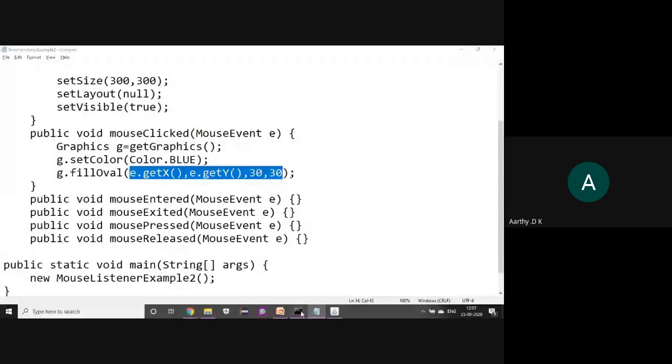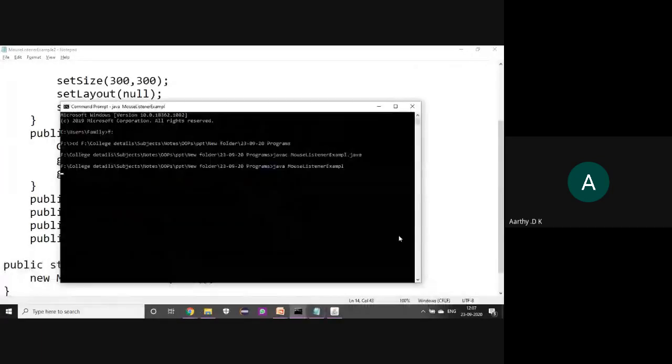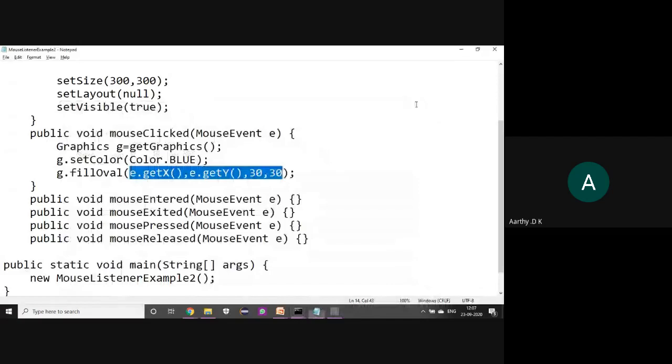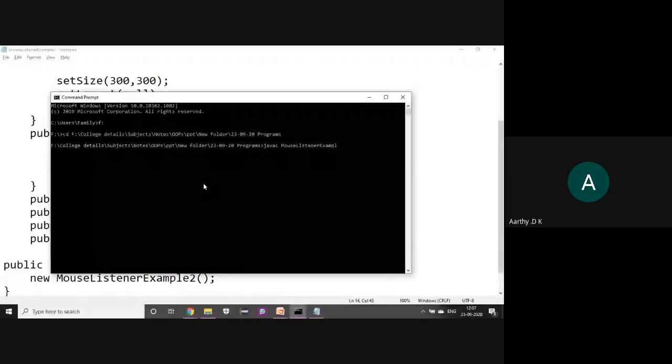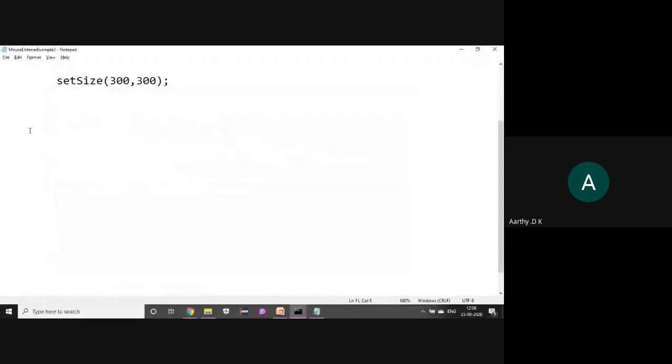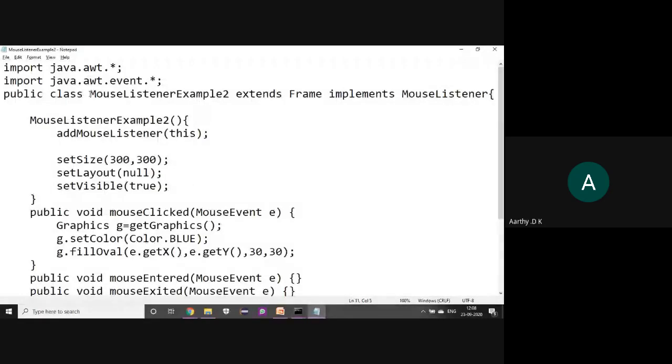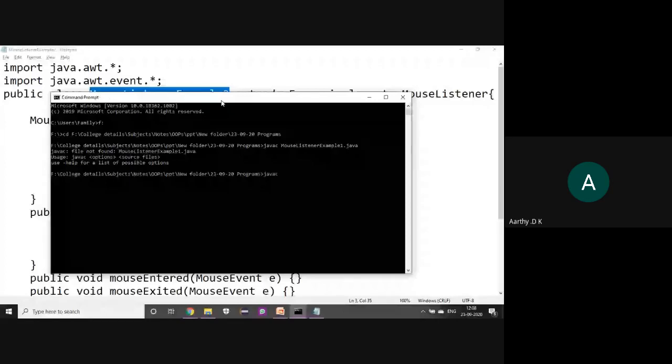So we will just execute this code and see the output. File name. It is compiled, so now just run it.